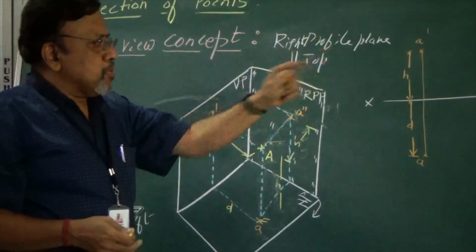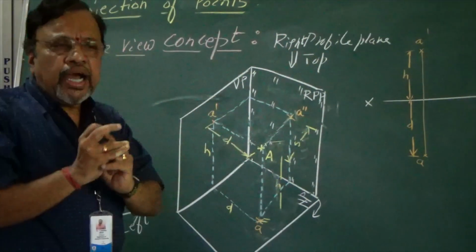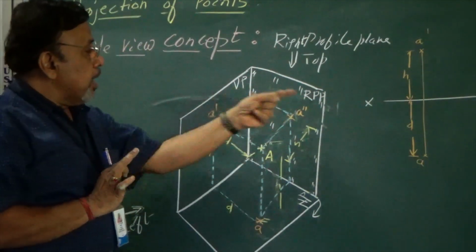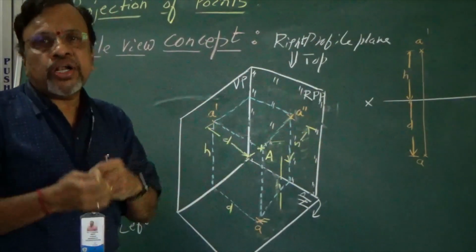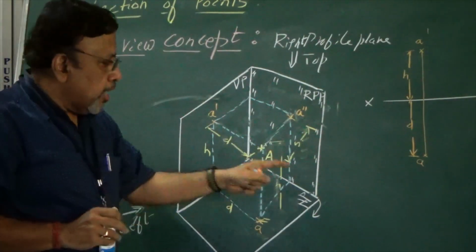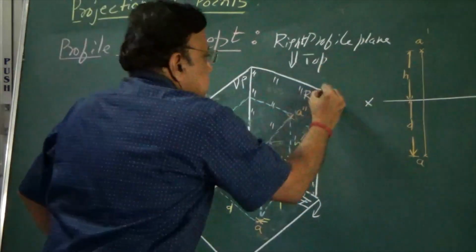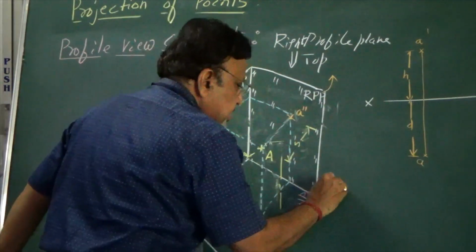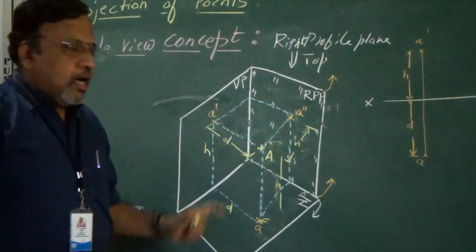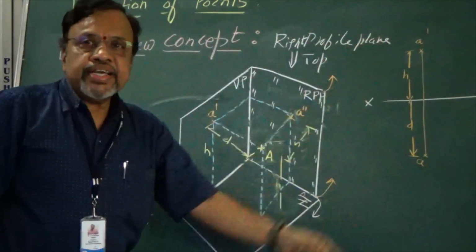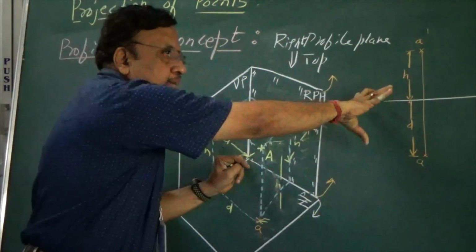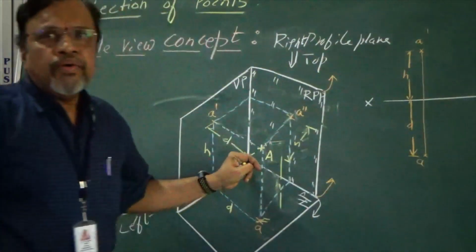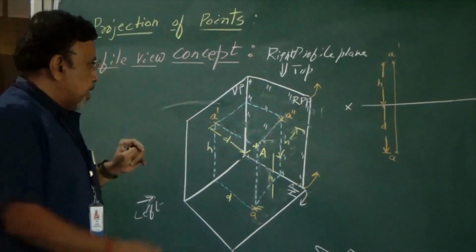Anyway, the purpose of drawing orthographic projections is to understand and to have clarity. Obviously, if I rotate in this way, the top view, front view and side view will come on the same plane, which I don't want. So the only option is what? I need to rotate this in the other direction. That is, I will rotate in this way. By how much will I rotate this particular RPP? I will rotate RPP by 90 degrees. So once I rotate this RPP by 90 degrees, both your vertical plane and horizontal plane will be here only, on the flat surface.